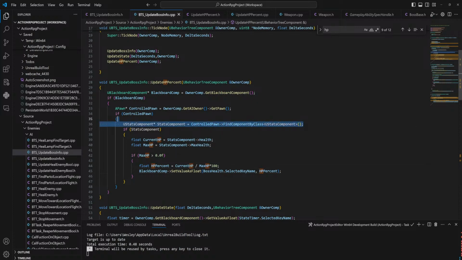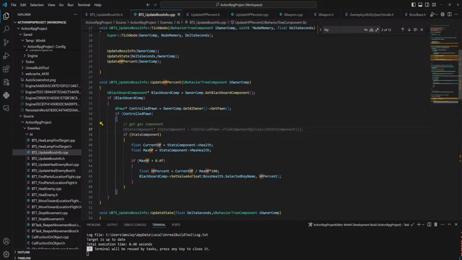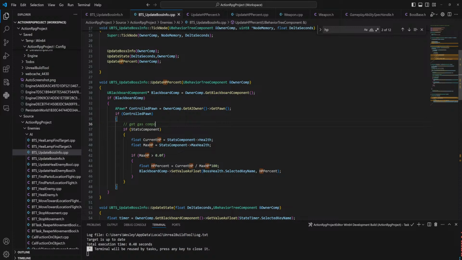That's nothing to do with the issue here, but we probably should get GAS components. I don't want to have it be a use stats component. Control pawn. We'll worry about that later, actually. I just don't care at the moment.